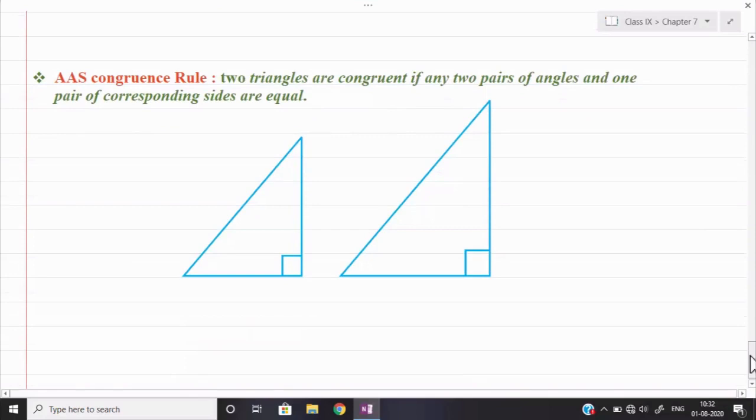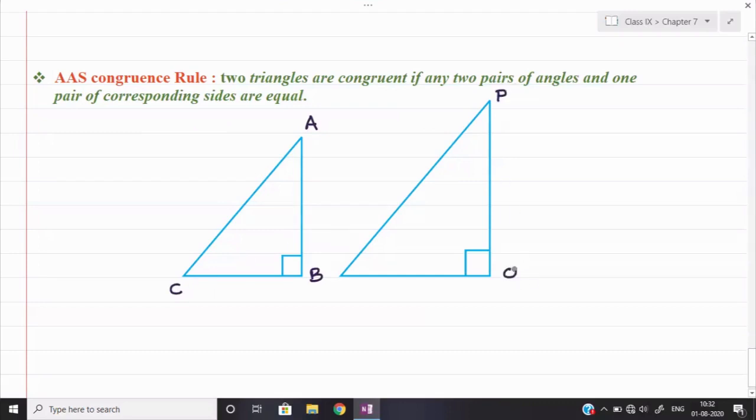So see, angle side congruence rule. It is one of the corollary of angle side angle. So see, in angle side angle we have seen the two angle and the one side included between them should be equal. But what happens if the included side is not equal? Then also the triangle would be congruent. Here suppose if I take this triangle as A, B, C, we can see this theorem quickly because this theorem is applicable also in some of the questions, so you can use it.